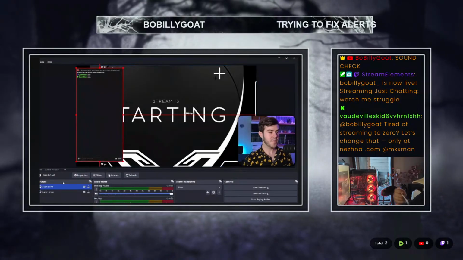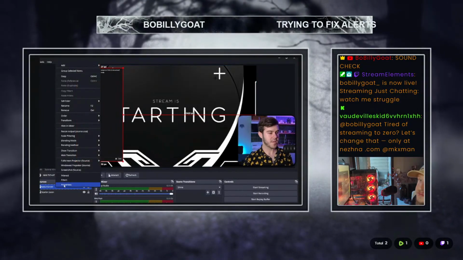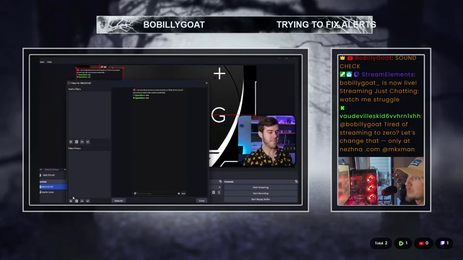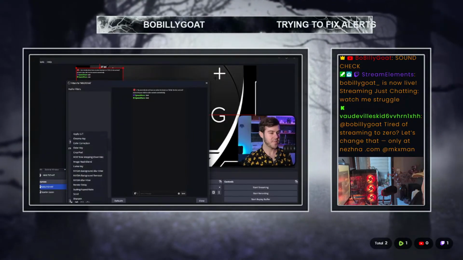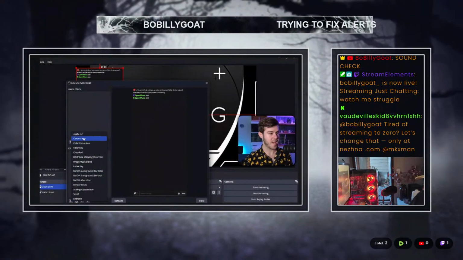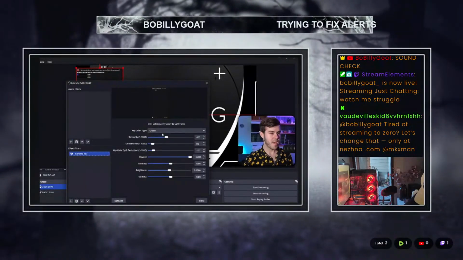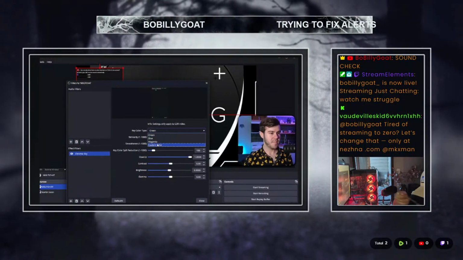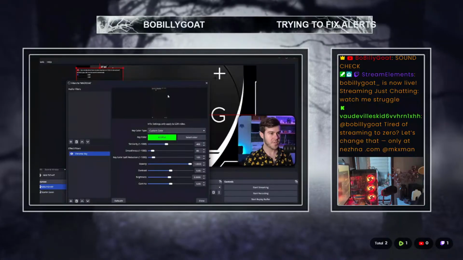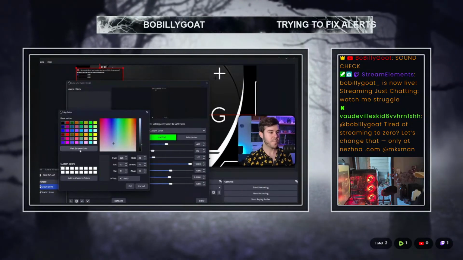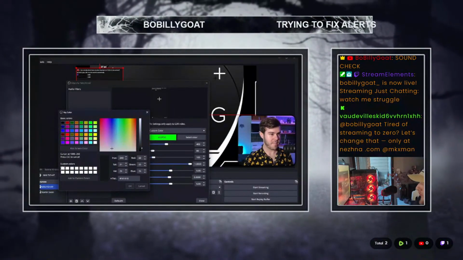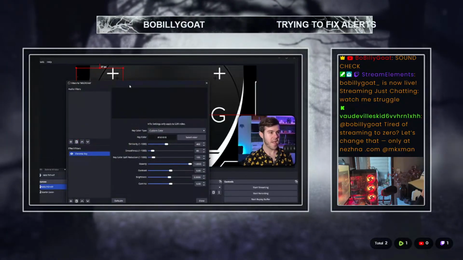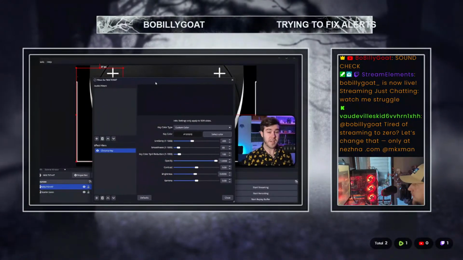What I ended up doing was I right-clicked on the browser source, and then I did Filters, and then an Effect Filter. It's the same thing on Streamlabs. So we'll add a new filter, and we're going to add a chroma key, hit OK, and then set the color type to custom, and then select the color. I want to do pick screen color, and I'm going to click on that chat box, and then hit OK, and now it has made our chat box disappear